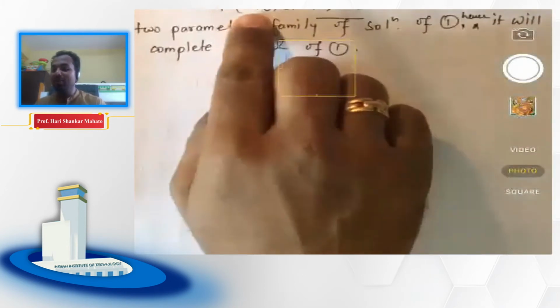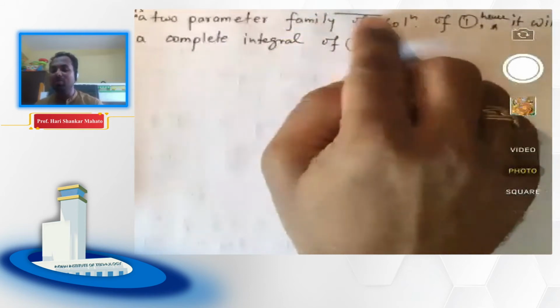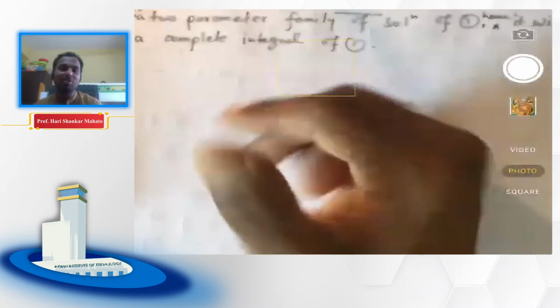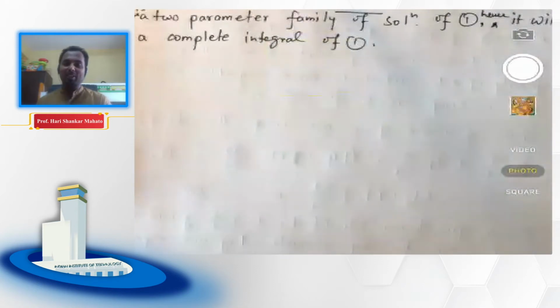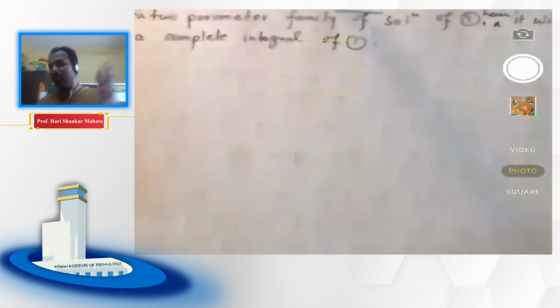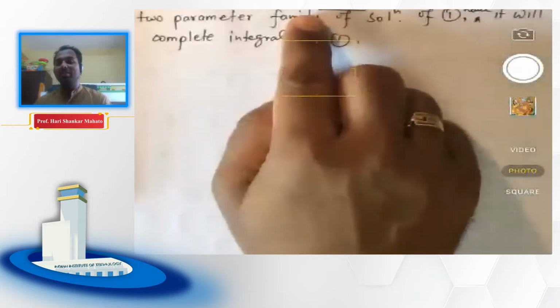So whatever z we will obtain, it will somehow look like f of x, y, z, a, b equals 0. And since a and b are two arbitrary constants or two parameters, we can say that it's actually the complete integral. So that's where the trick is involved: you consider a one parameter family of PD and say that it is compatible with 1, and whatever common solution you obtain, it will satisfy both f and g. And you didn't have to use the Lagrange's method for your given PDE, but while obtaining the solution, we did use Lagrange's method and got the required complete integral.